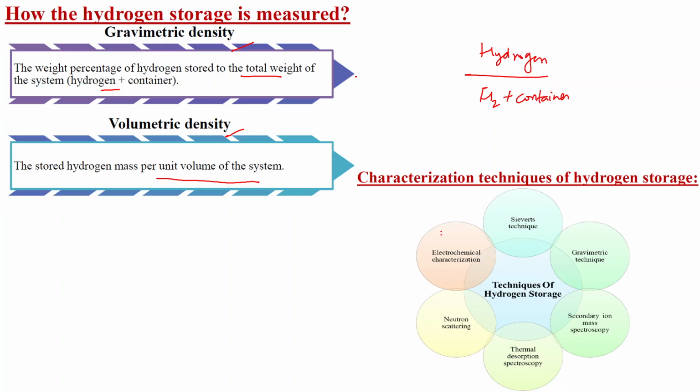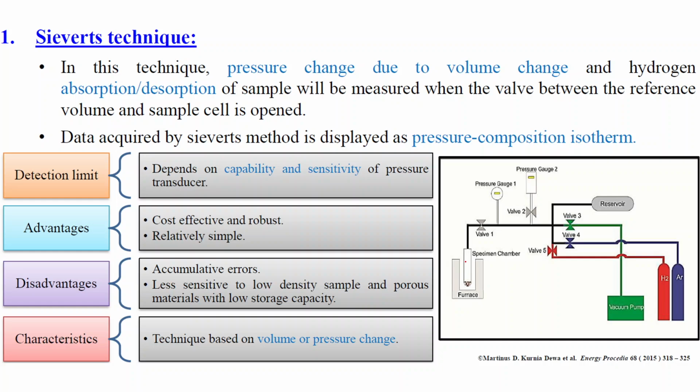So there are various characterization techniques to determine the storage of hydrogen. These are the Sievert's technique, gravimetric technique, secondary ion mass spectroscopy, thermal desorption spectroscopy, neutron scattering, and electrochemical characterization. We will be discussing them in brief. So Sievert's technique, in this technique basically,